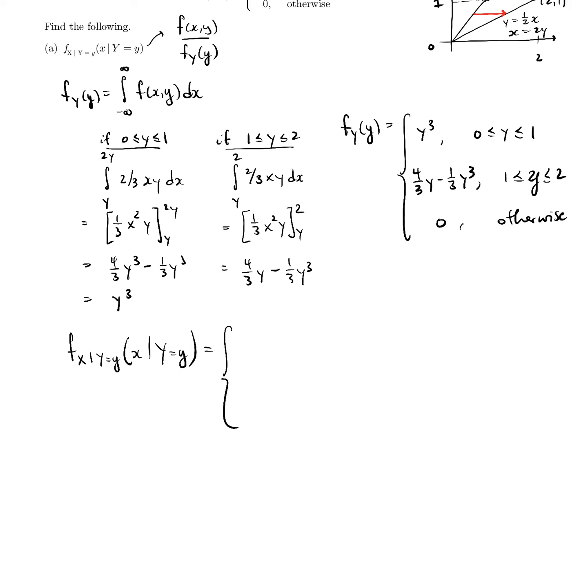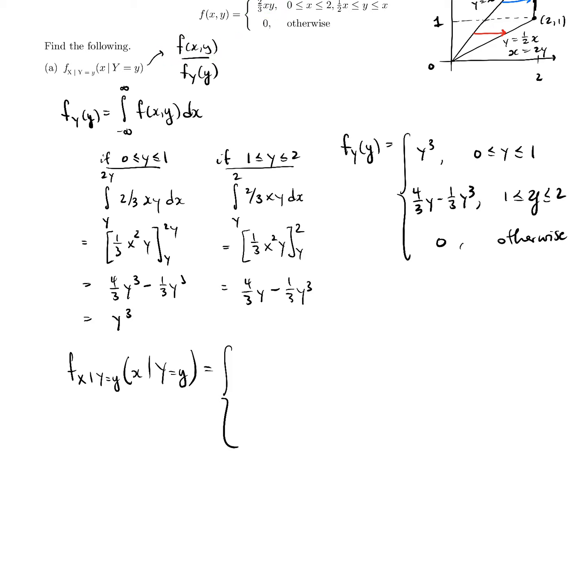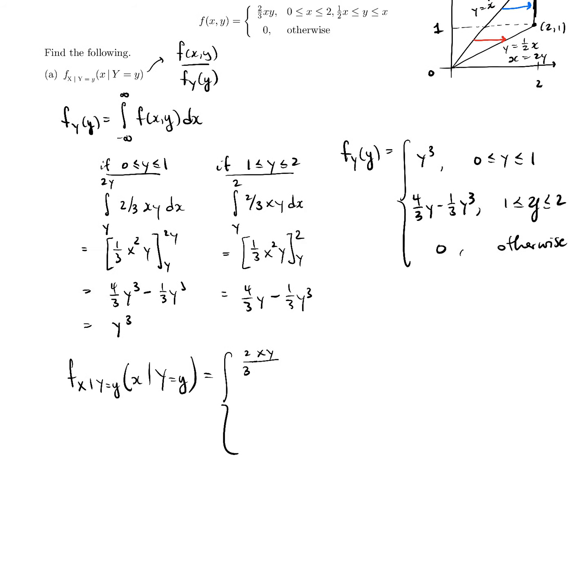And the first, right, the numerator was going to stay the same. It's that joint density function for both pieces. So we have 2/3 xy, and in the denominator, for the first piece, we're going to have y cubed. I'll clean up the algebra in just a moment and reduce that fraction. That's from 0 less than or equal to y less than or equal to 1. The second piece is going to have that same numerator,